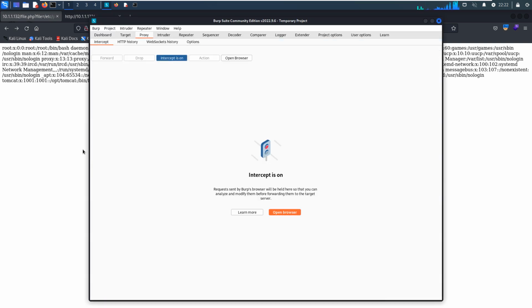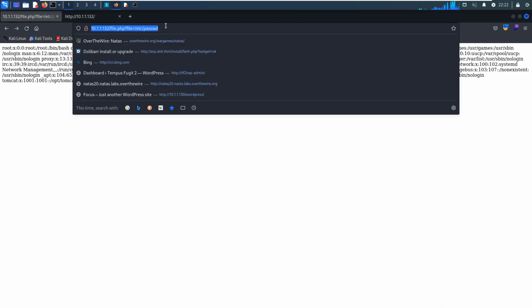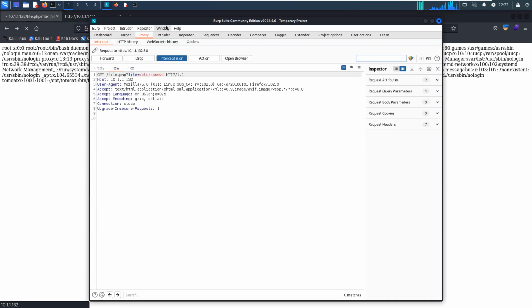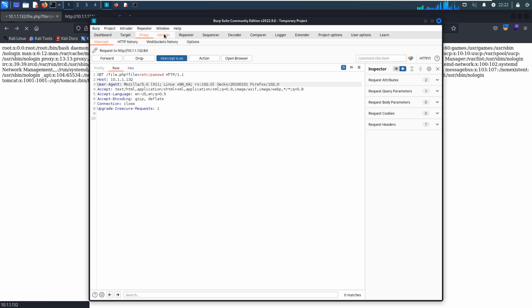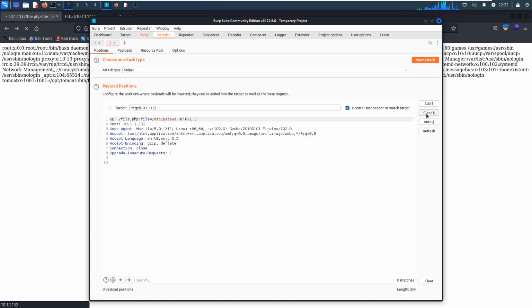In the proxy, we can trigger the request again, and then send this request to the Intruder module. We clear all variables first, and then add the field as the attack vector.